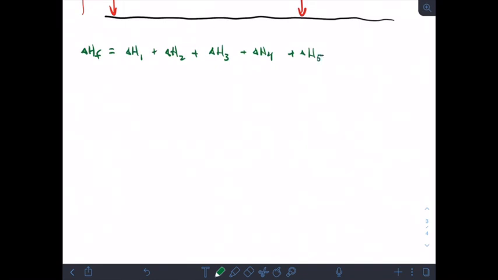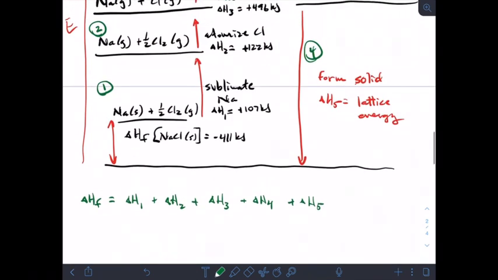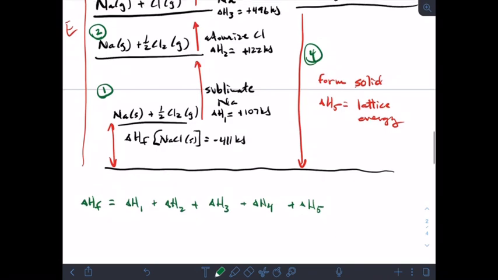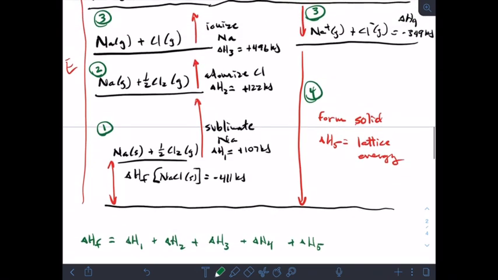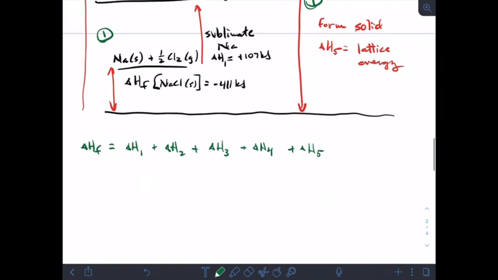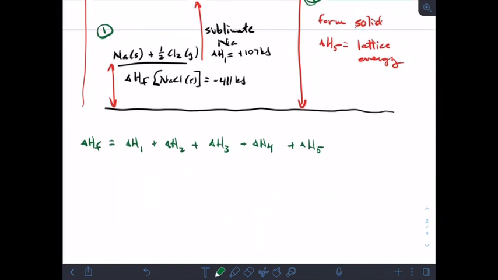Okay, so delta H1 was our sublimation. Delta H2 is the atomization. Delta H3 is the ionization. Delta H4 is the other ionization, and delta H5 is the lattice energy. Okay, so we're going to plug everything in and solve for the lattice energy, and we find out that the delta H5,